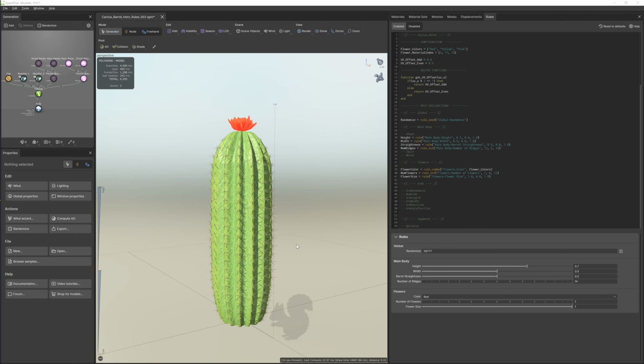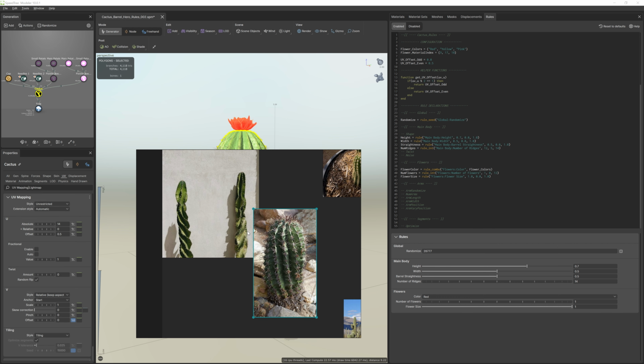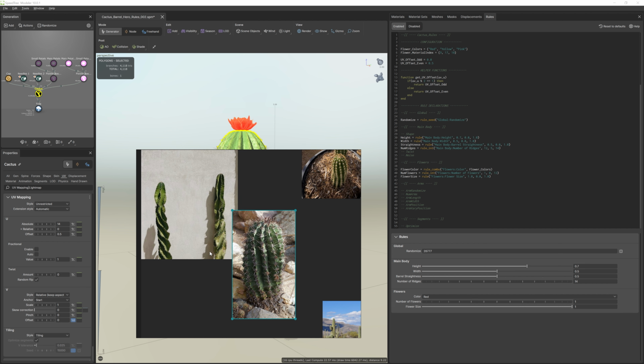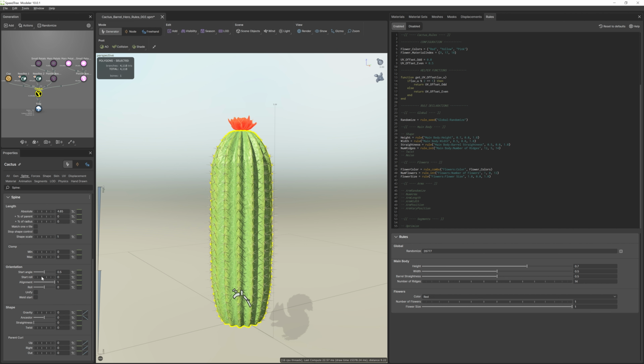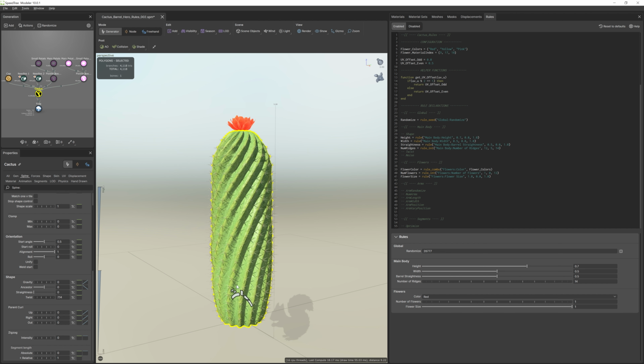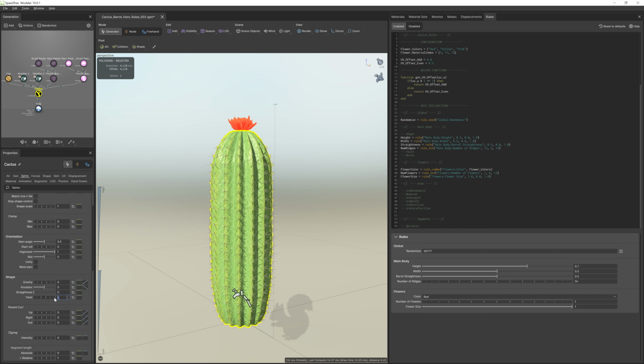Okay, now let's add a little more character to our model with the twist rule. I have some references here, and I personally love how some cactuses twist and twirl. It's so fun. So how can we achieve that similar effect? Well, there is a twist property we can try in the spine tab, but when we bump that up, you can see that it twists more at the top than at the bottom, and we don't have a profile curve with which we can adjust the distribution.